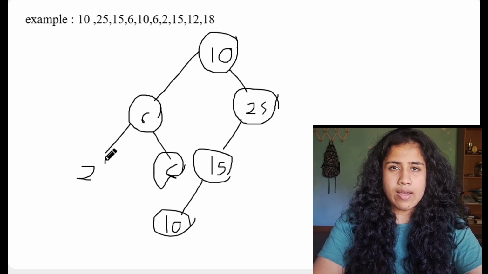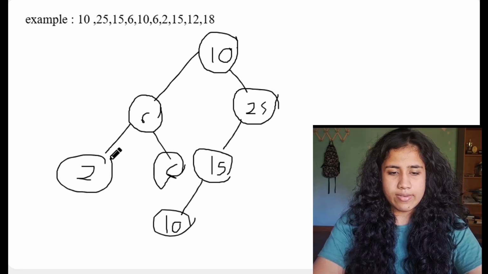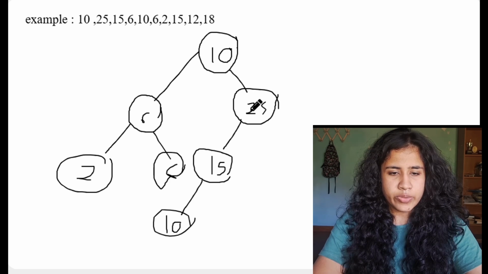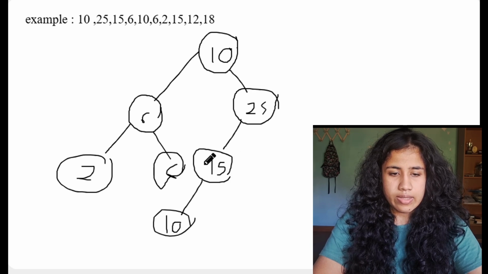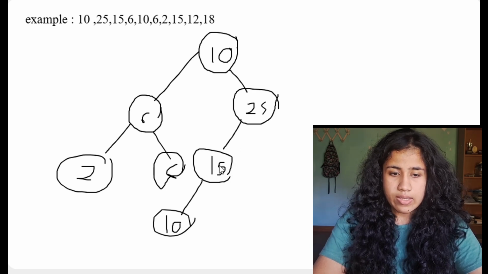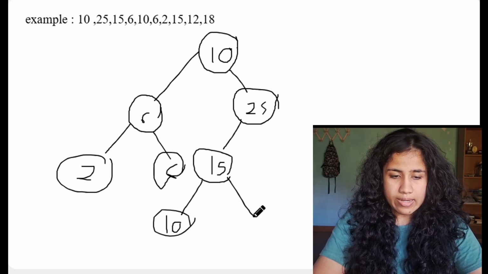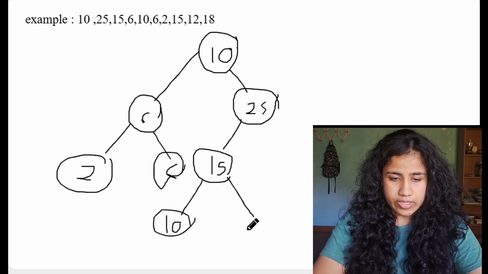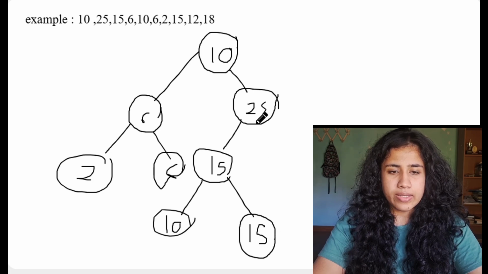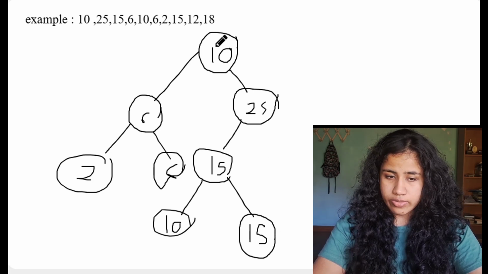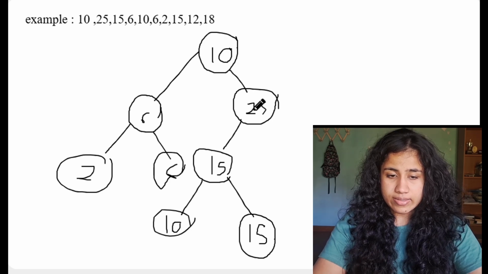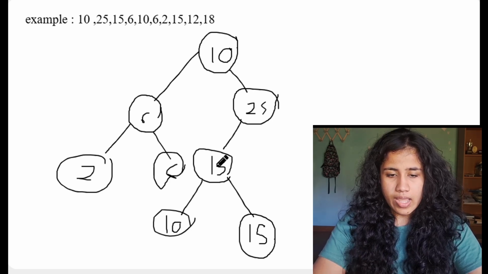Since we are storing it in the right side, here we store it. Then we have 12 greater than 10, less than 25, less than 15. Since it's less than, we go to the left child, and greater than 10, it goes to 2. Last we have 18, greater than 10, less than 25, and greater than 15,